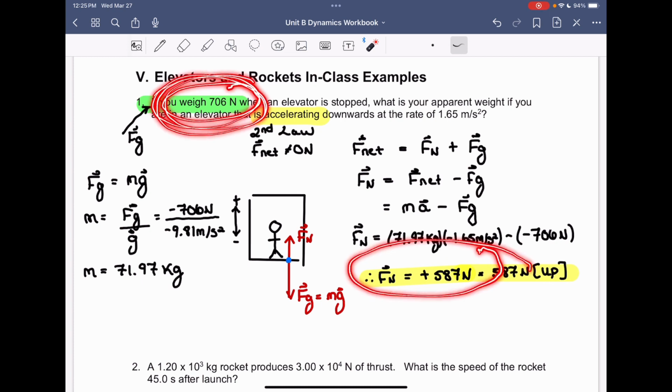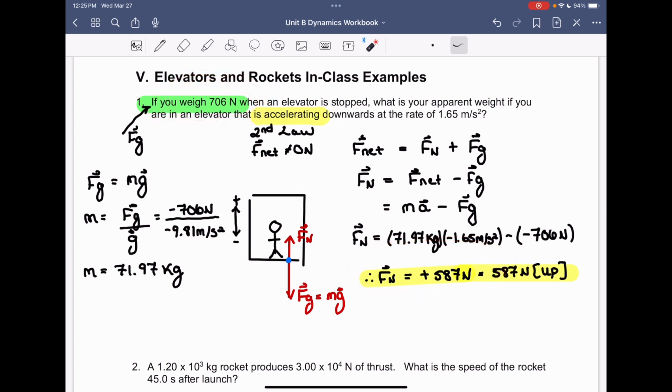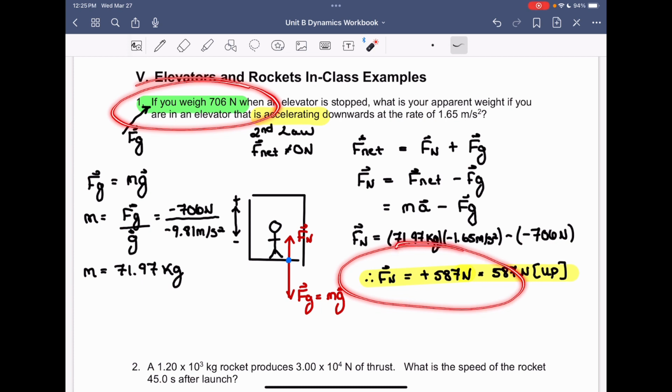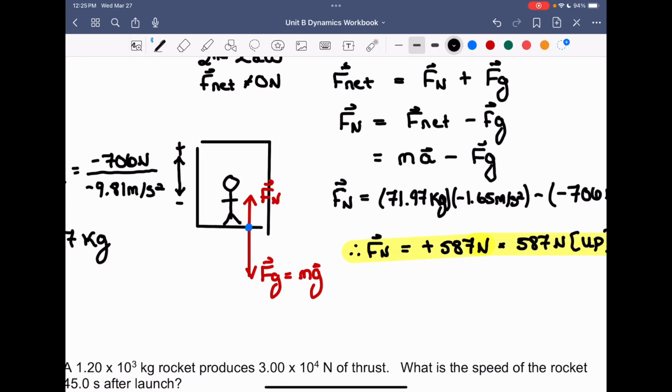It is definitely the 706. So according to our logic and Newton's laws of motion, this aligns to what we would expect to see, where the Fg would be greater than the Fn in the given situation where we have something that is accelerating downwards. And even to put this on here too, because we did this in our other diagrams,